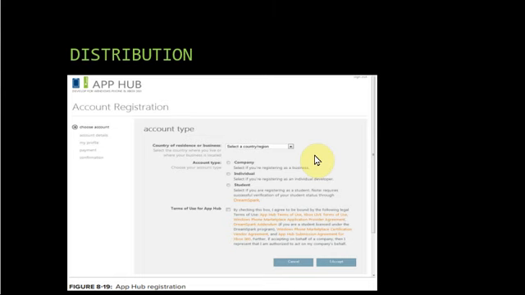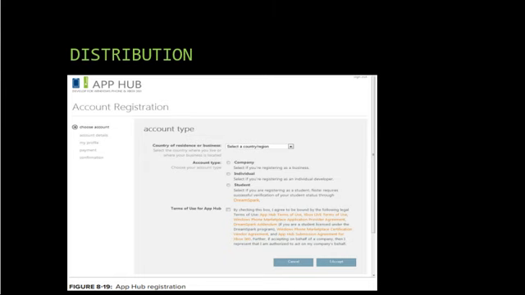And in the next step, you provide test information so that the developer in charge of approving your app understands the use case. Test information means that you have tested your app, and whatever results you got when you tested, that information you also have to provide. So that is in your fourth step. Using this information, the developer in charge of approving your app will understand the use cases.